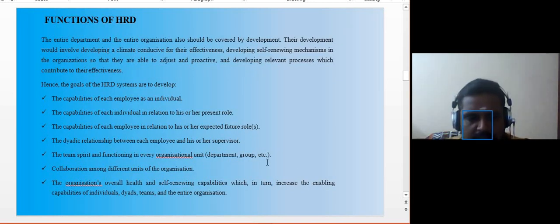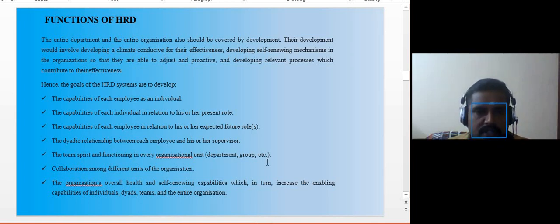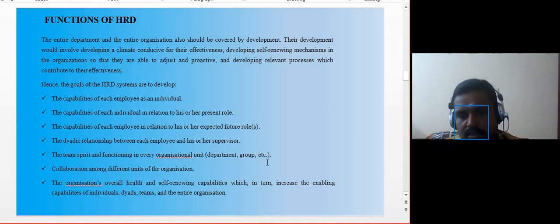And the next slide talks about the functions of human resource development. What are the main functions? The entire department and the entire organization should be covered by the development, because the goals of human resource development are to develop the capabilities of each employee as an individual, and the capabilities of each individual in relation to his or her personal role, and the capabilities of each employee in relation to expected future roles, and the dynamic relationship between each employee and his or her supervisor,